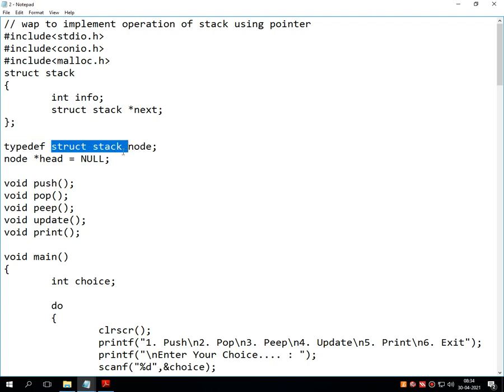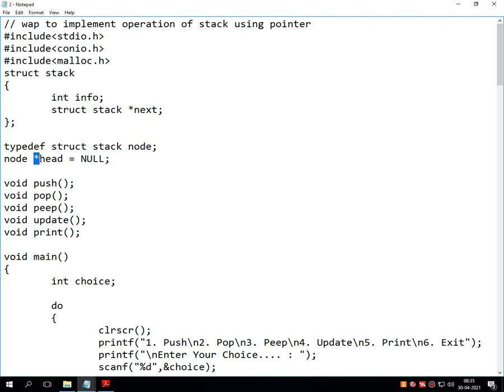If you remember the structure concept in programming in C, after writing the variables in the structure, we need to redeclare it with a new name for use in the void main statement. So this stack structure is used as a node in my void main statement.